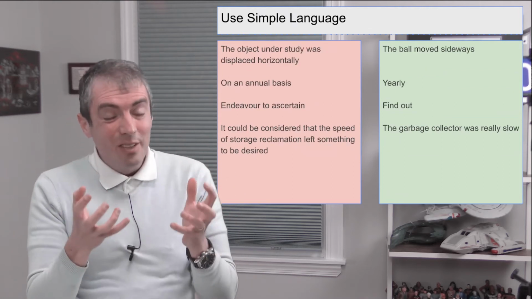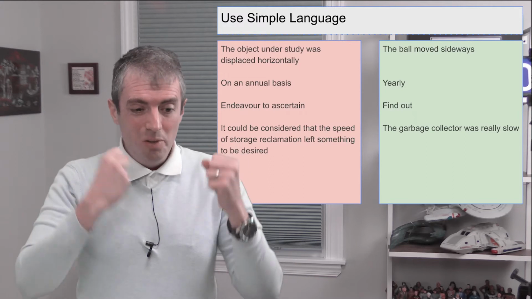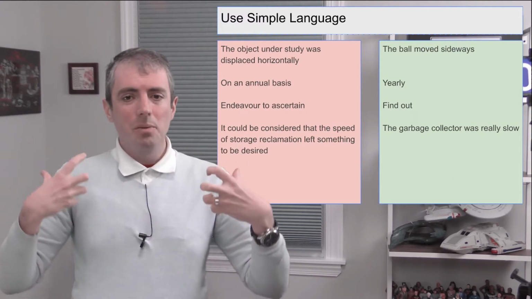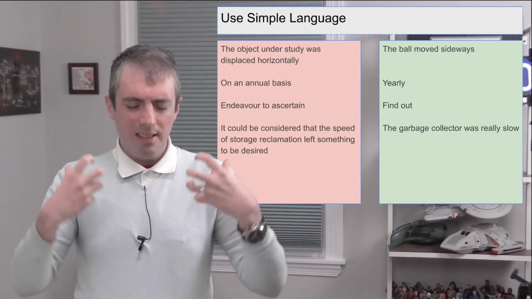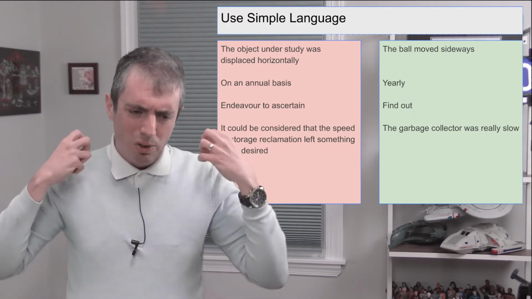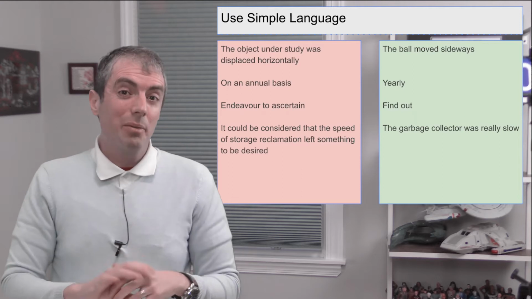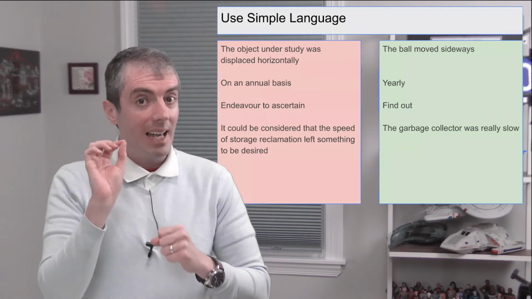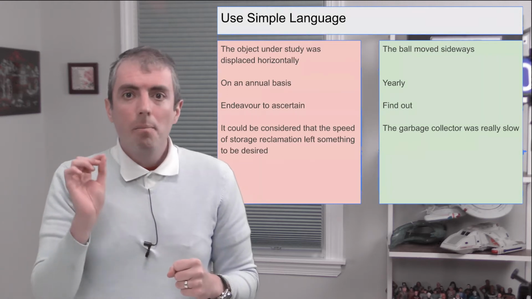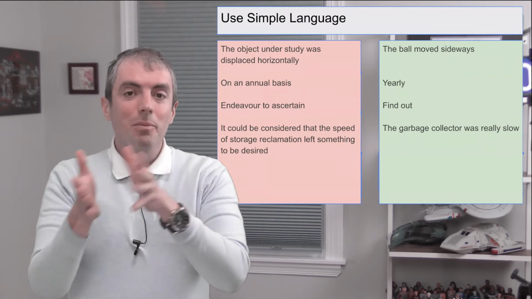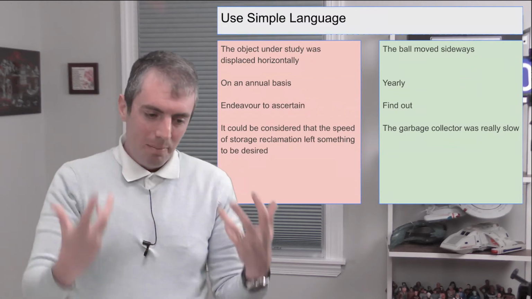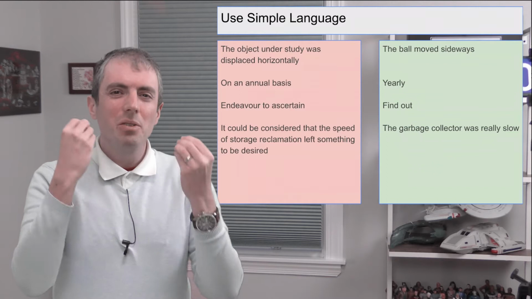Another thing that you often need to unlearn, using complicated language. And sometimes you want to feel important, and your ideas are important, and so we need to use complicated words for complicated ideas, and that's usually not the right approach. So you should indeed be as specific as possible, but don't make things more complicated than they need to be. You can simplify your ideas and say what you mean.